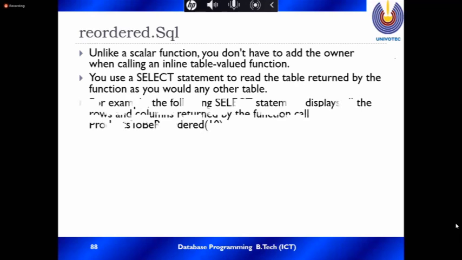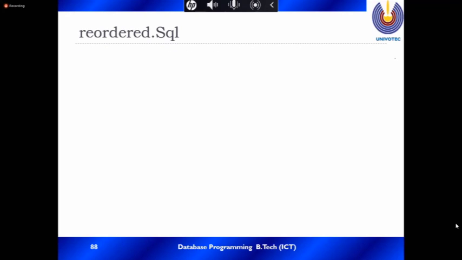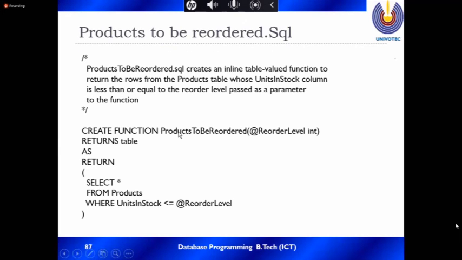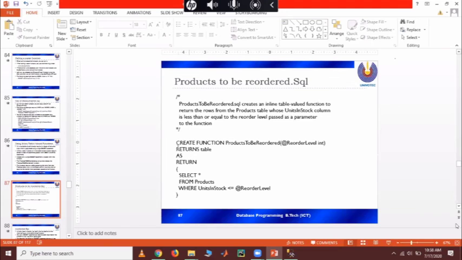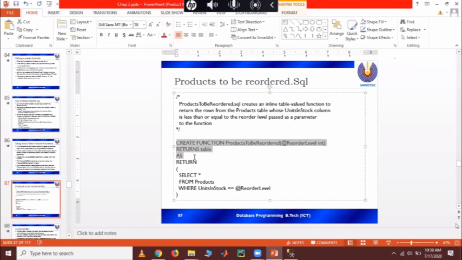Then you can create that function and use it. If your reorder level is 10 and the unit in stock is less than 10, you want to reorder, otherwise it is not necessary to reorder.